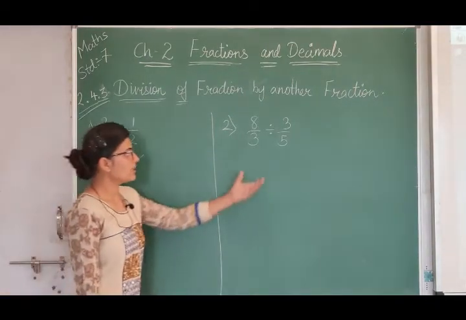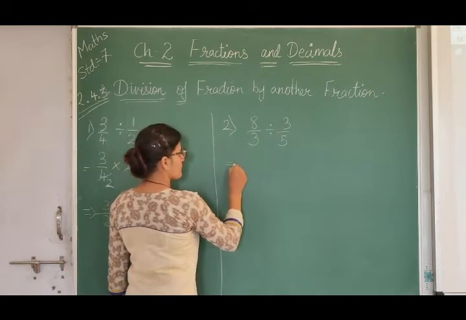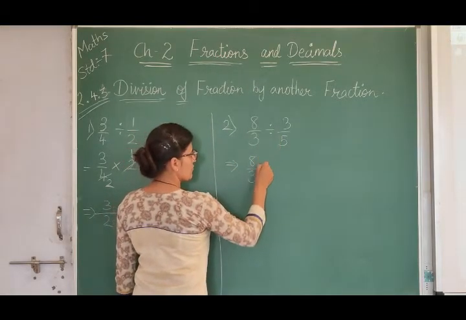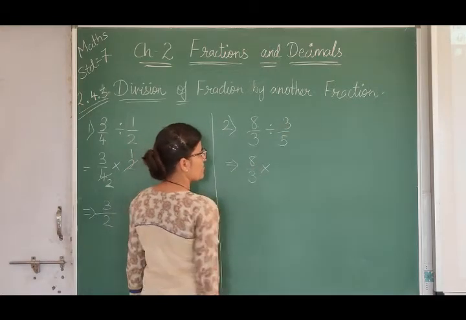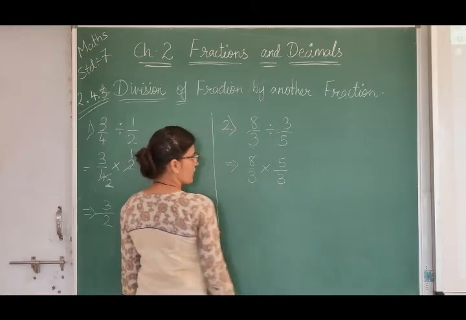Now another example is there, 8 by 3 divided by 3 by 5. So 8 by 3 we will write down as it is, and division will be converted into multiplication. The reciprocal of 3 by 5 will be 5 by 3. Now here you can see